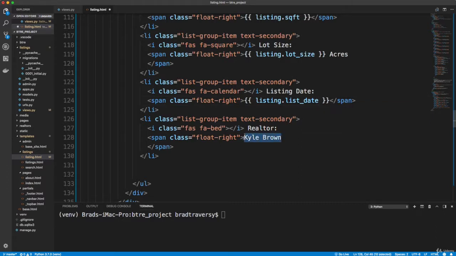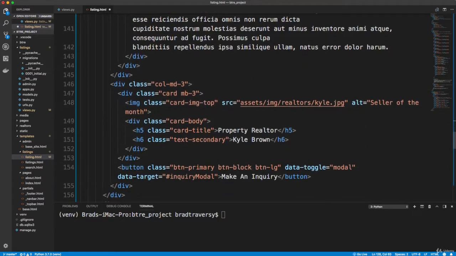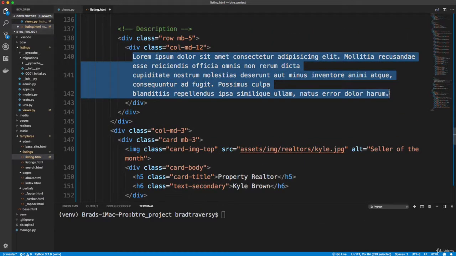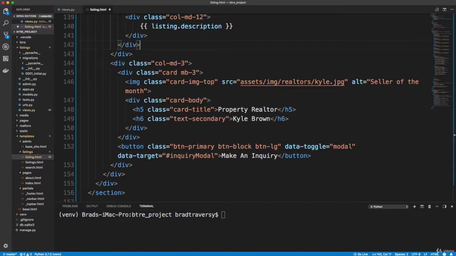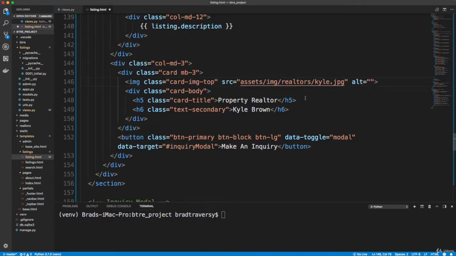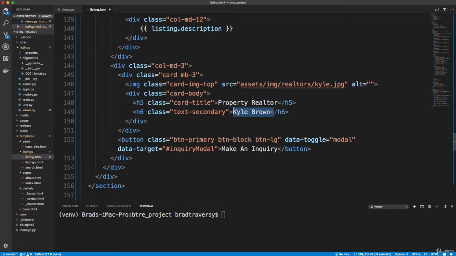Okay, and then we want our realtor. Since we have that relationship between the models, we can just simply say realtor, and it'll give us his name or her name. And then the description, okay, we want to replace this right here with the listing dot description. All right, let's see. Then we have the seller. This alt says seller of the month. That shouldn't be there. I'm just going to get rid of that because this isn't the seller of the month. This is just whoever the realtor of the property is. And to get his name, so right here we can just do just like we did above, realtor. All right, now